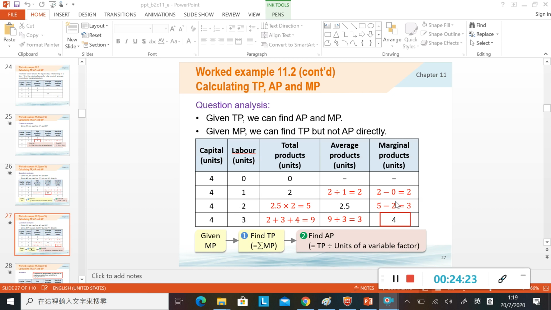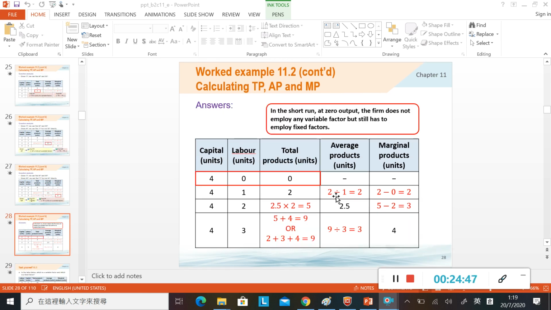Add the marginal product of the second labor and also the marginal product of the first labor。總之你想由邊個開始？你想揾邊個嘅 total product，你就由邊個開始加翻上去就得㗎啦。OK，find total product: summation of MP，summation 意思即係加埋晒，add them all，即係呢個符號，得唔得？